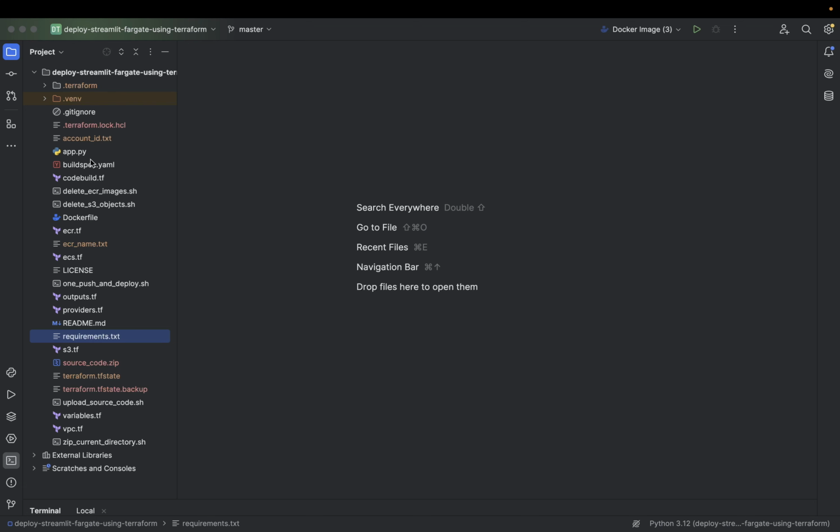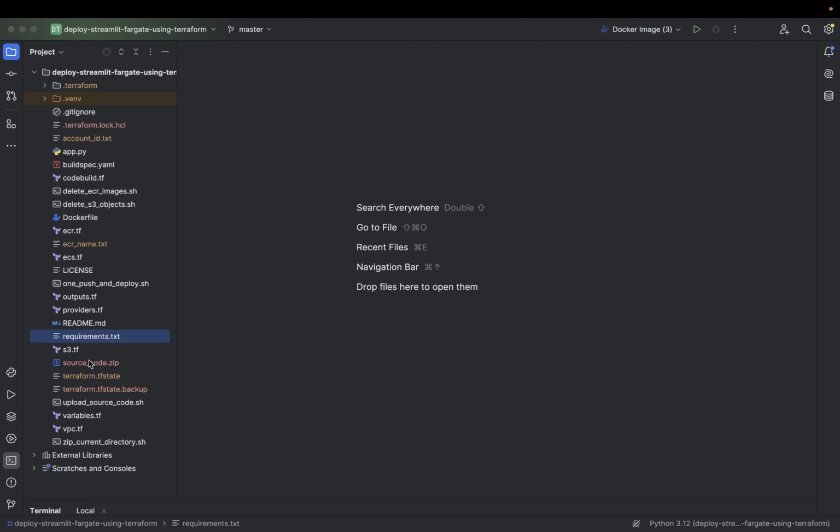So here is my resources. I'm using Terraform because it allows for infrastructure as code, enabling consistent, repeatable, and version-controlled deployments across various cloud providers. It simplifies the management of infrastructure by allowing you to define and provision data center infrastructure using a high-level configuration language, making it easier to collaborate and automate processes.